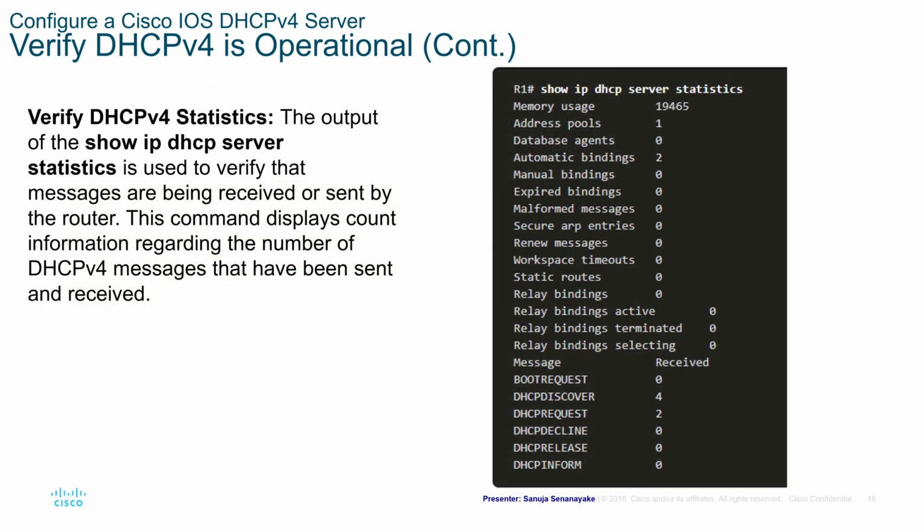Another way you can look at statistics for leasing is the DHCP version 4 statistics, which can be displayed by running the show ip dhcp server statistics command. It is used to verify that the messages are being received or sent by the router. This command displays the count information regarding the number of DHCP version 4 messages that have been sent and received. I don't usually use this command a lot compared to the previous commands that we went through, but it is still useful